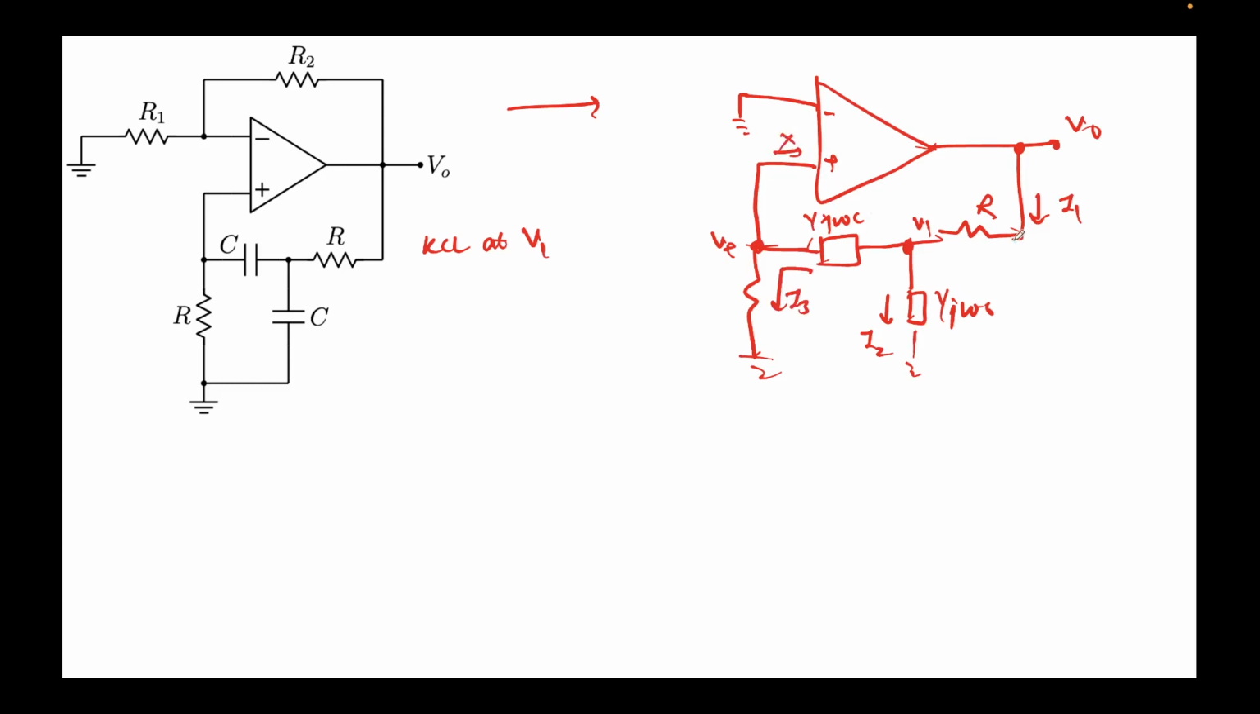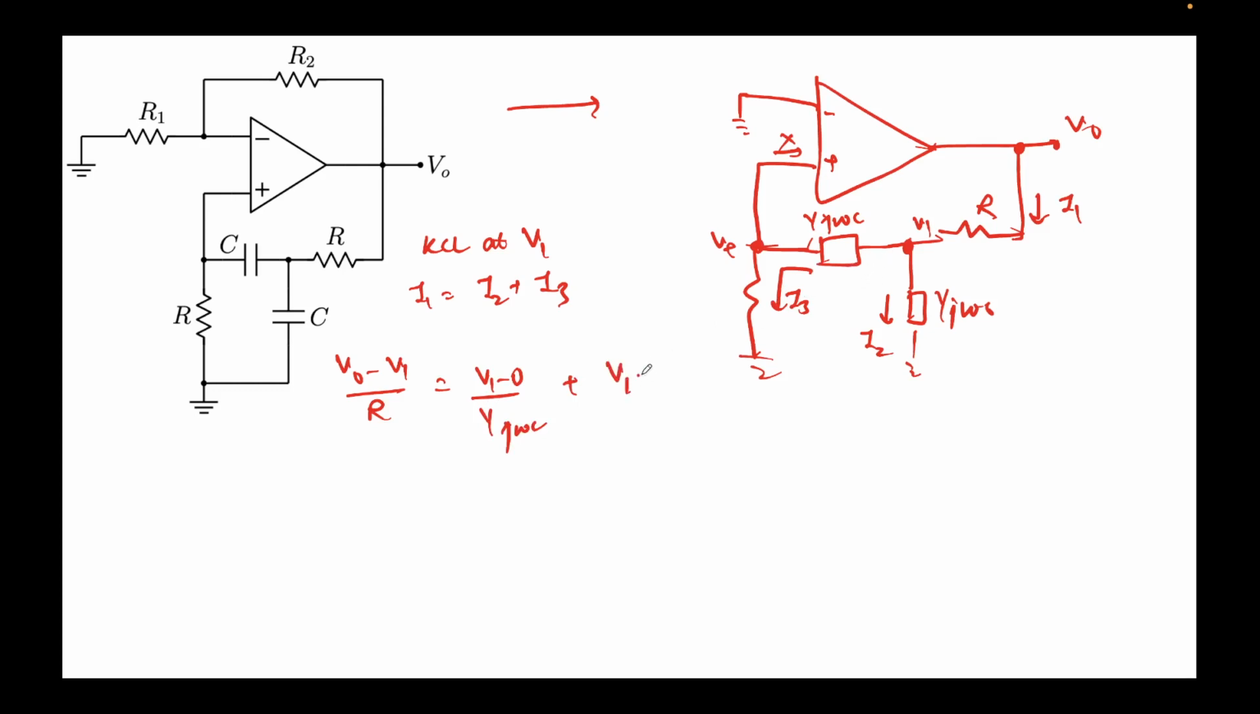So I1 must be equal to I2 plus I3. What's the value of I1? I1 can be written as (V0 minus V1) over R. Simply, I2 is the current through here, that is (V1 minus 0) over 1 upon j omega c, and I3 can be written as